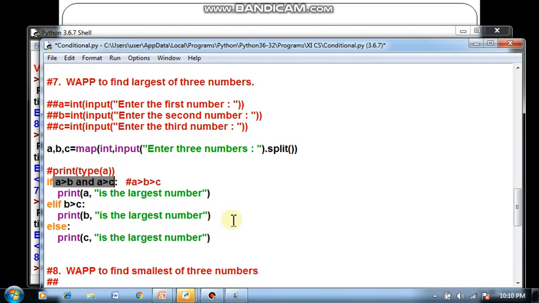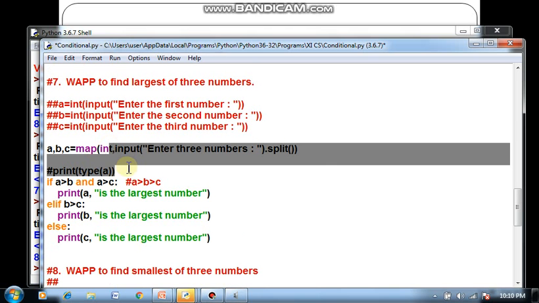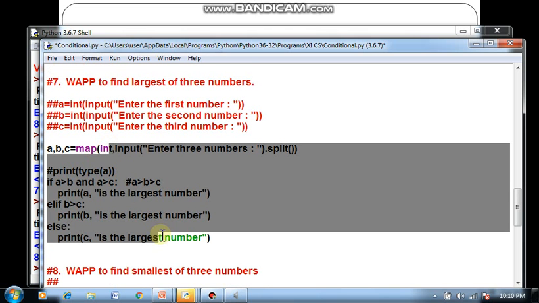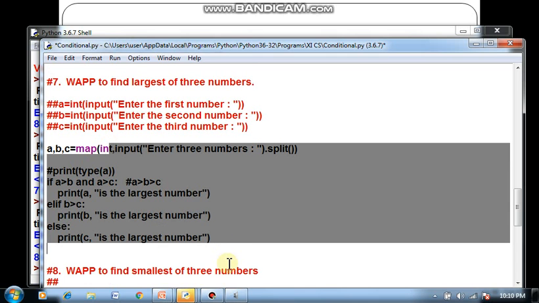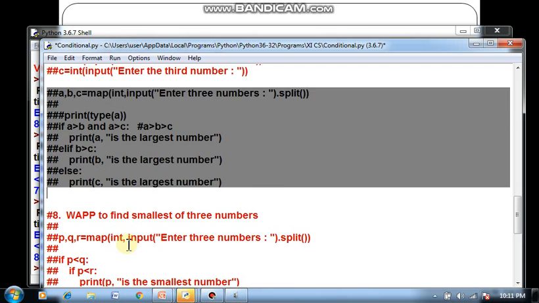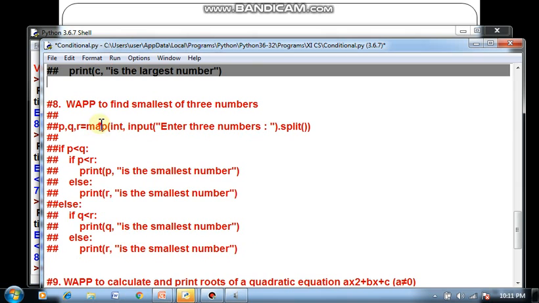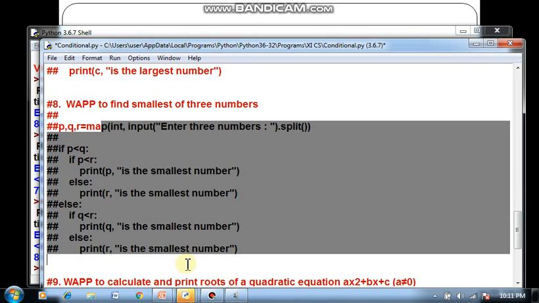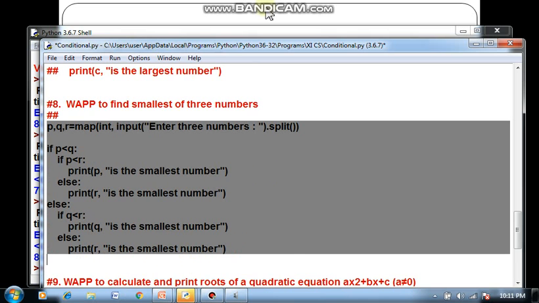Now let's see the next program. That program is to display the smallest of three numbers. In the largest of three numbers program, we used the if-elif ladder. Now for this program, I have used nested if.